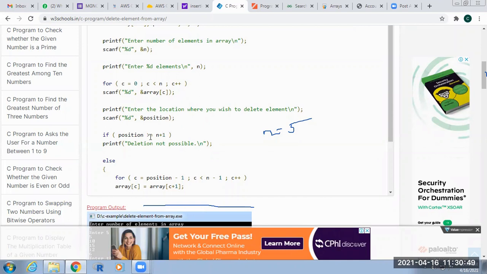If the position value is greater than the existing size, for example, if I am giving n equal to 5 and the position is 6, then 6 exceeds the size of the array, so that position does not exist in the array. See here example.